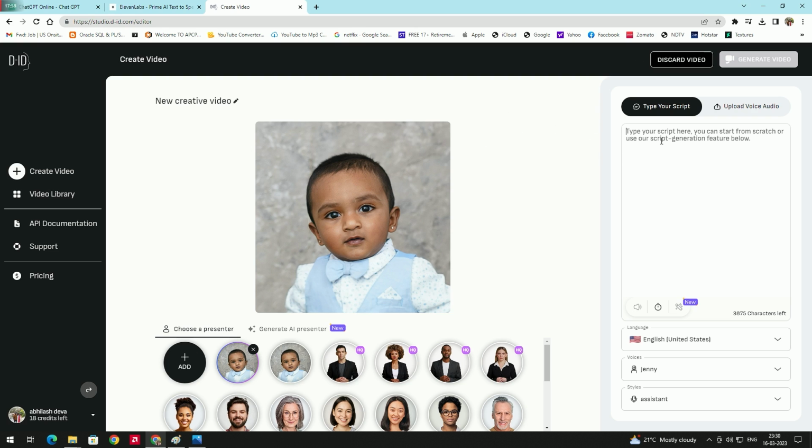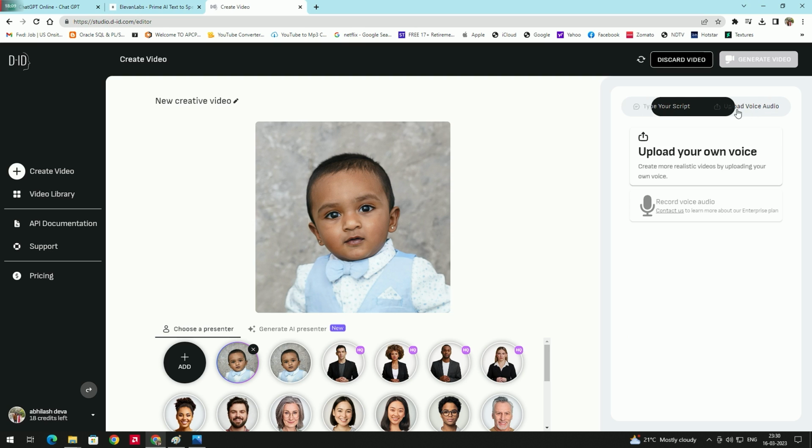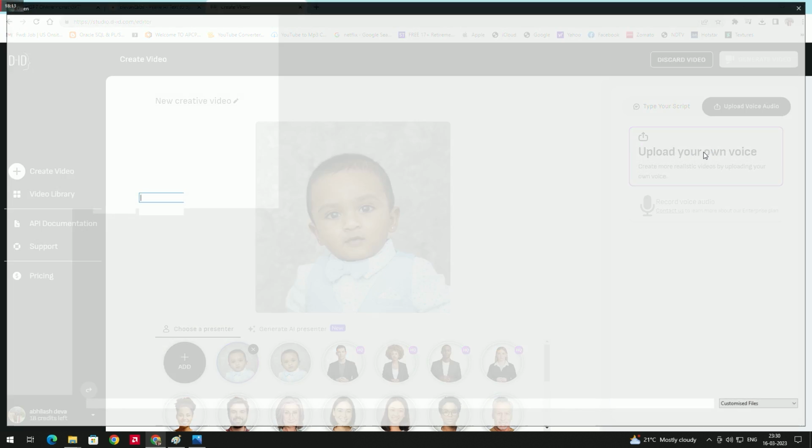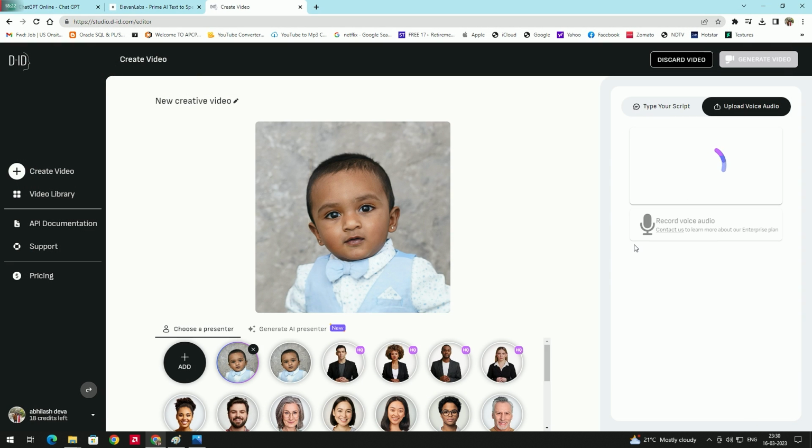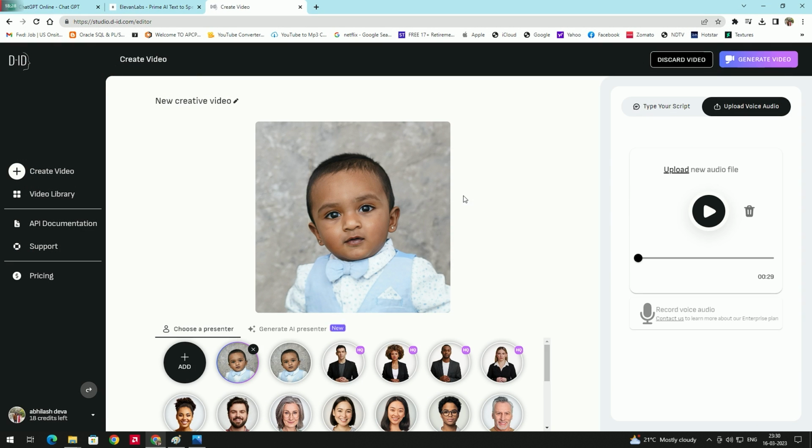You can see here, either you can paste the script or else whatever audio you have created, you can click on this upload voice audio and browse that audio which you have downloaded. So I will click on this upload, and you have to click on upload your own voice, and browse the audio which you have downloaded from the previous site. So select this and click on open. Now see, it has been uploaded. You can see the preview. So if you click on this,